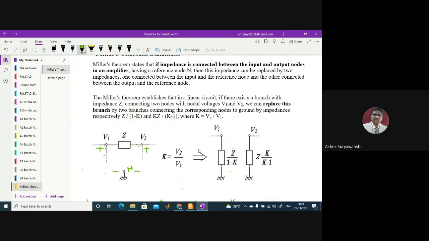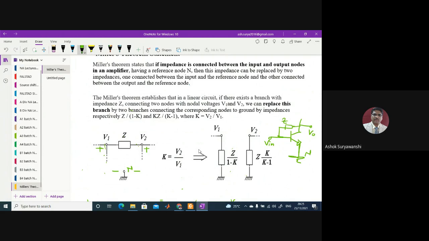If you want to understand this particular diagram, let us take the example of a transistor. This is the NPN transistor. Now, suppose I consider the emitter as ground, the collector as the output, and the base as the input. And suppose there is some impedance or resistance between this input and output, suppose it is Z.